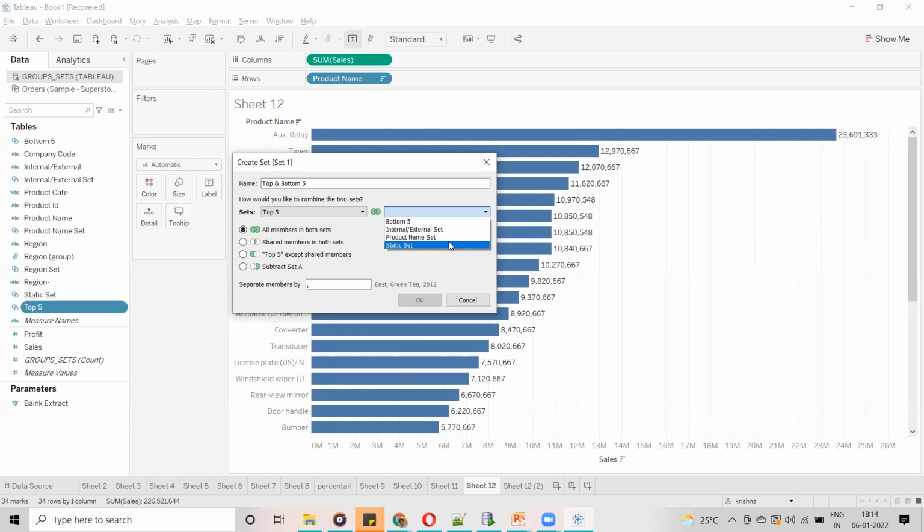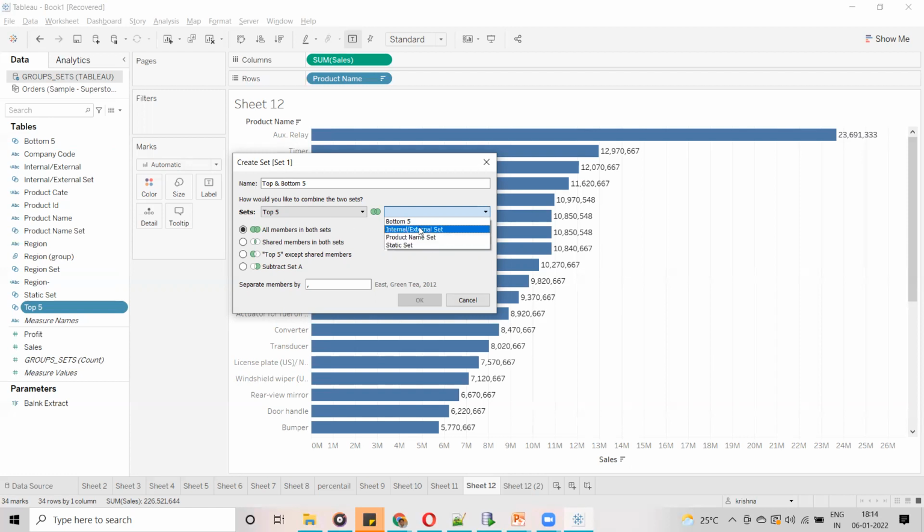The two sets you use as a combined set should be created based on the same field. Because the region set and top 5 are created using separate fields, it is not displaying in the list.